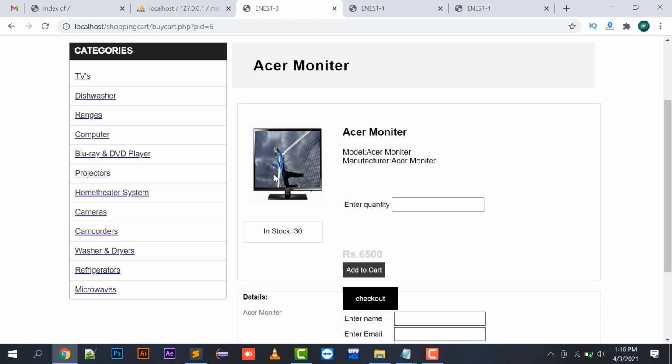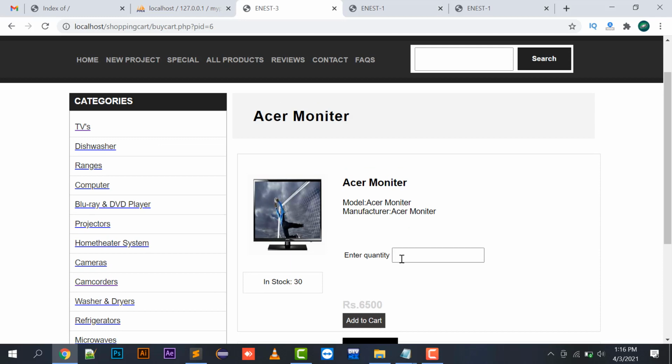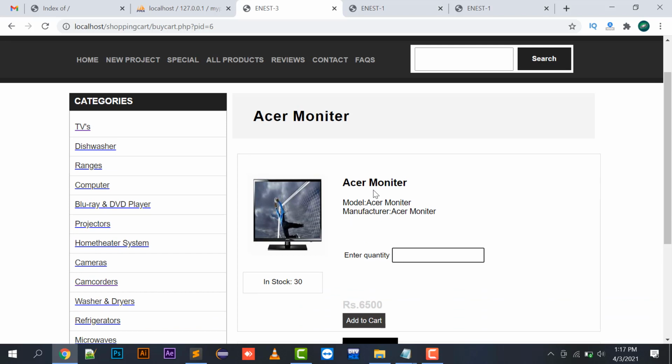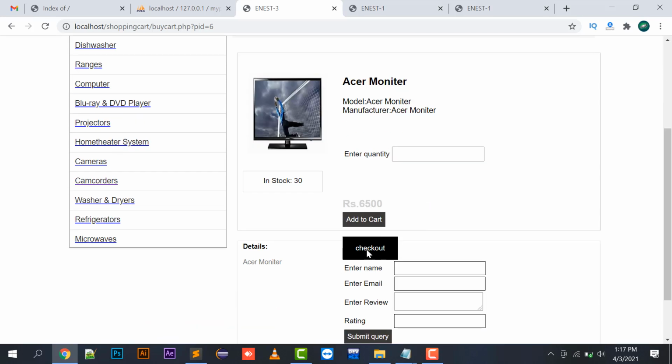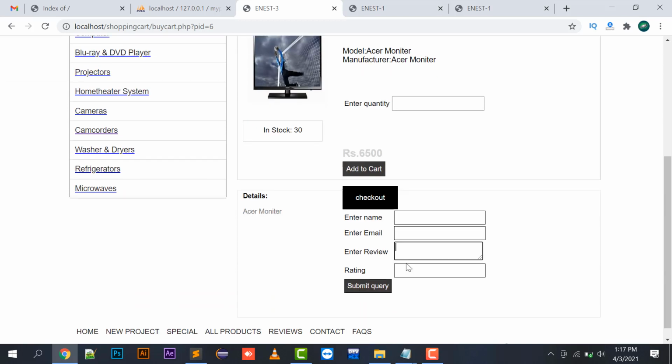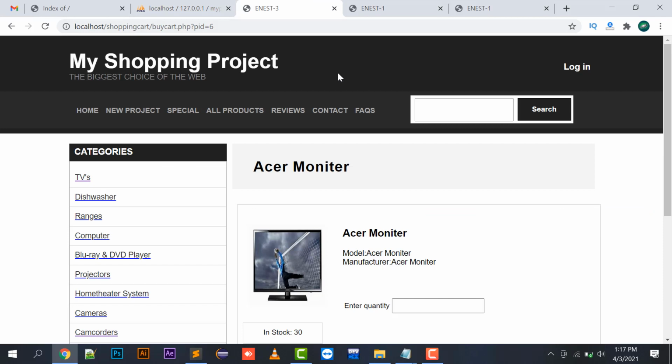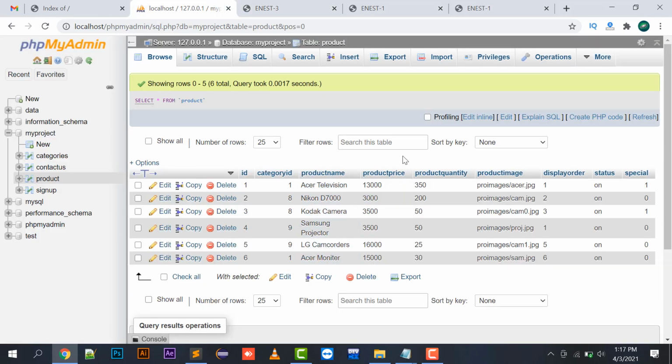So this is my first part. Here I am ending the first part of this video, and in my next video I will show you how to add and update your cart in your database, how to check the login part, how the user will log in and maintain their cart, the joins part, and the checkout part. I will also implement the rating part, how every product is reviewed and rated, and how it is stored in the database. So stay tuned with me, and all these things will be presented in my next video.